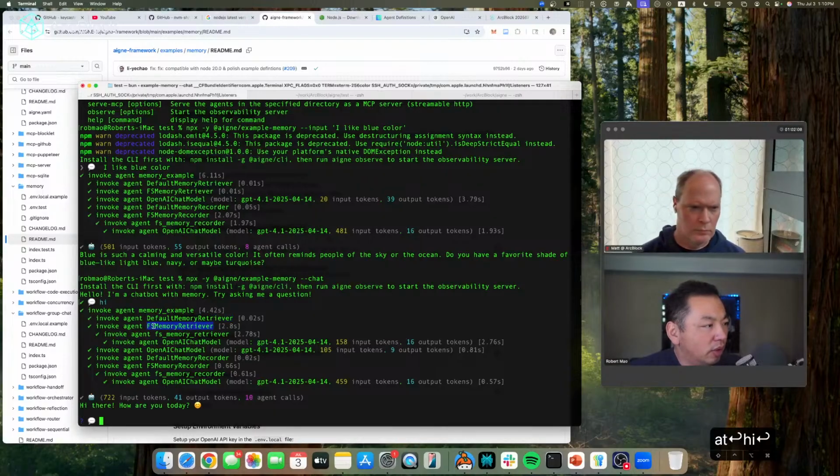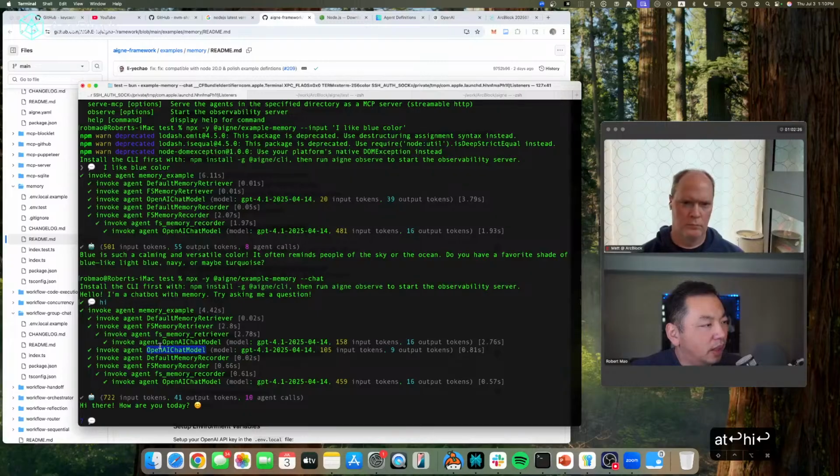Then you can see it invoked an agent called FS, which means file system memory retriever, so the memory is stored in a file system, and it tries to get the memory from there. Then it invokes the AI agent chat model, and this tells you we're using GPT 4.1, with 158 input tokens and 16 output tokens. This takes 2.7 seconds to run.